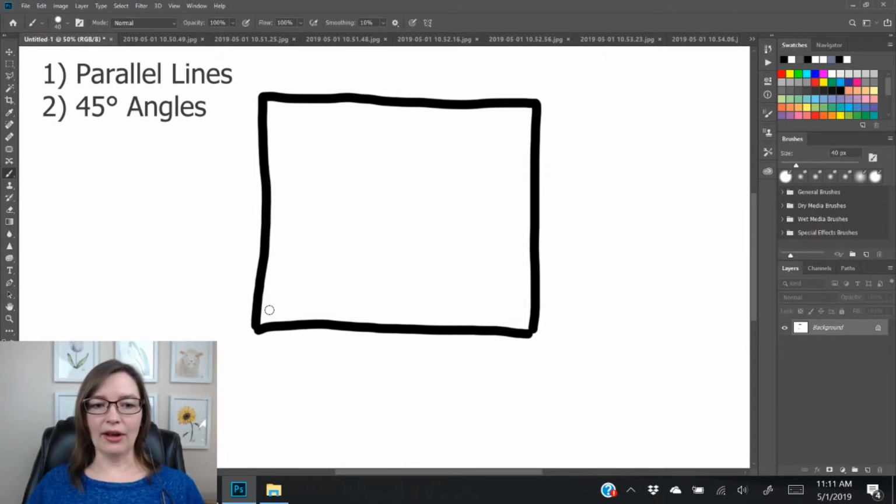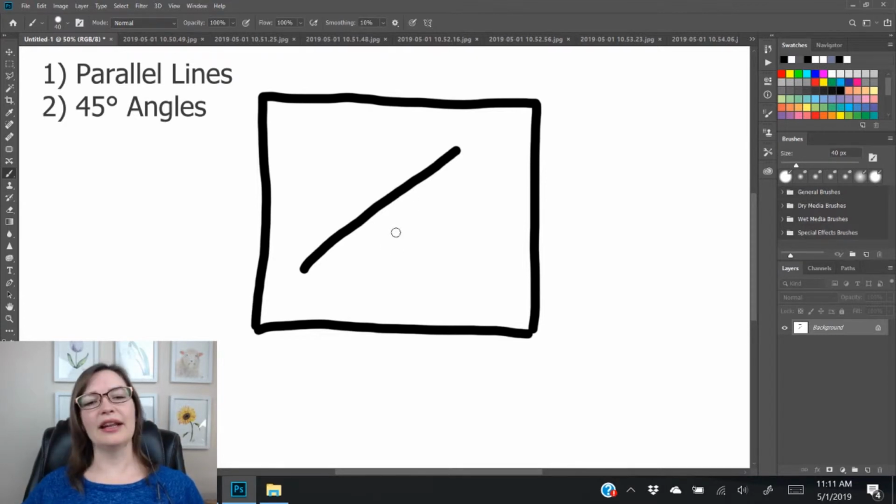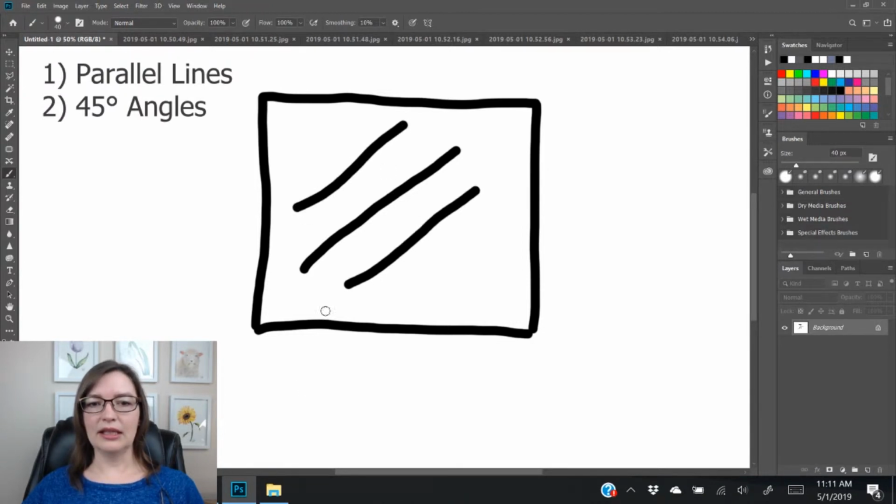You can do an angle, specifically a 45-degree angle to the lines of your frame. And this is a very dynamic sort of photo. You see a lot of things that are on an angle. And if you want to, you can add parallel lines in addition to your 45-degree angle. So number 1 was parallel lines. Number 2 is angles, specifically a 45-degree angle, but less angles are also good. Number 3